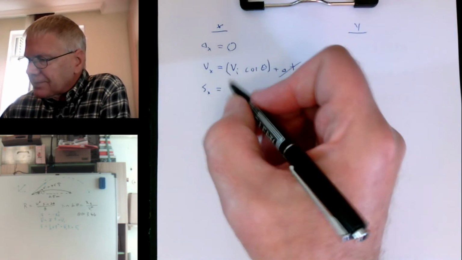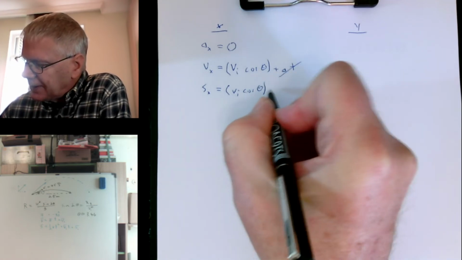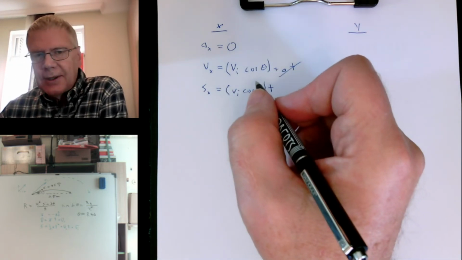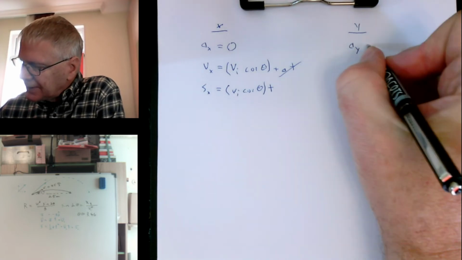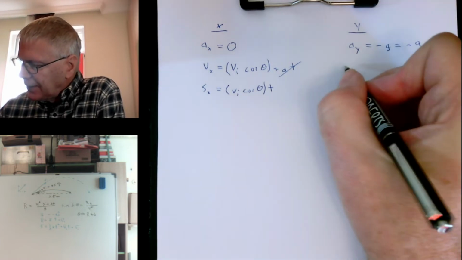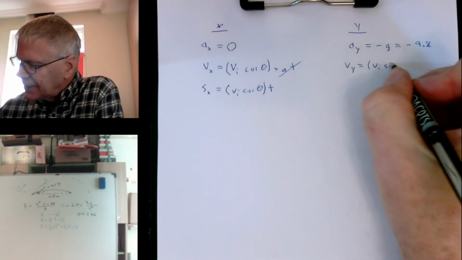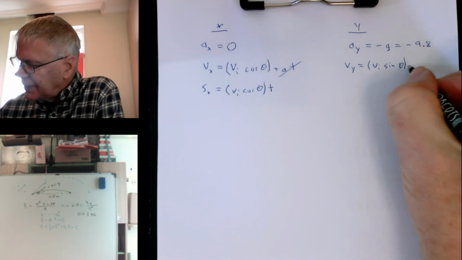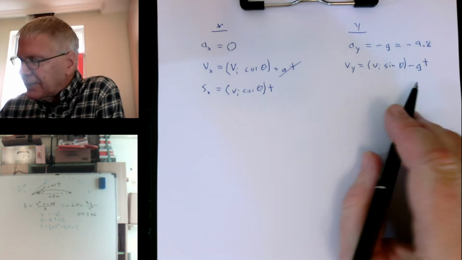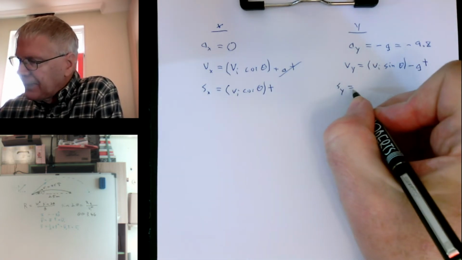And I have my initial x position, which is vi cosine theta. That's my initial speed in the x direction times time. So these are my x equations. Now I need the y part of my vectors. The acceleration in the y direction is minus g, which is minus 9.8. And my y velocity is my initial y velocity, which is vi times sine theta, and then I have to add gt, so minus gt. So this is my equation for velocity in the y direction. And I have my y distance, so I'm going to have my